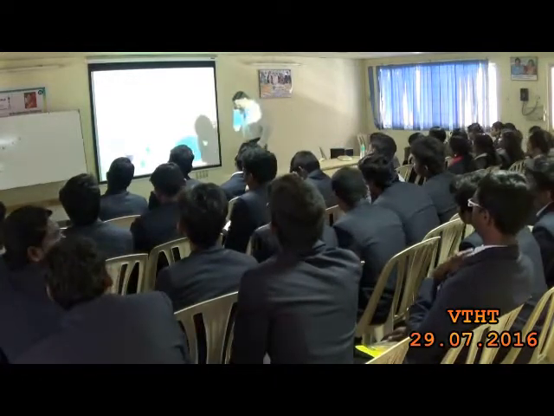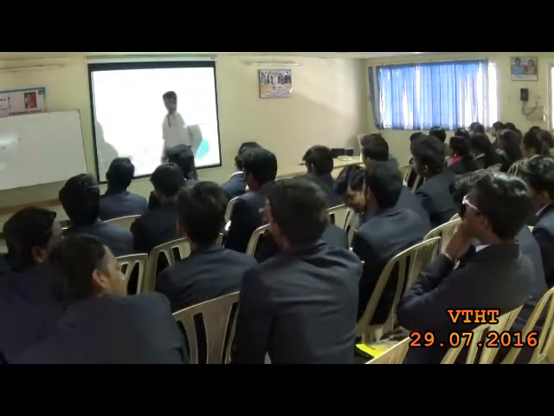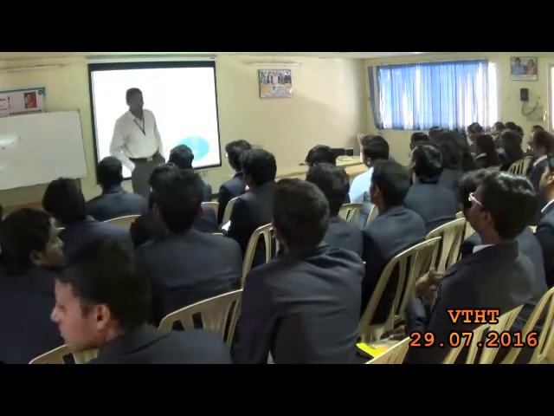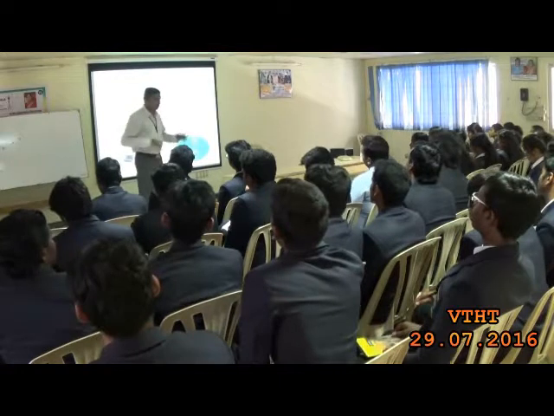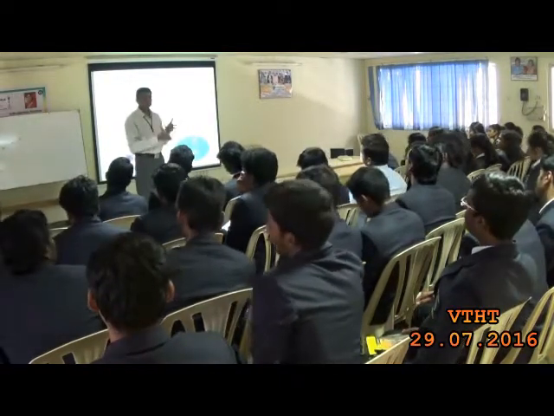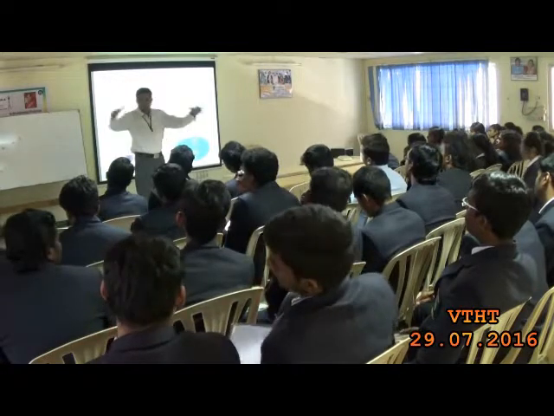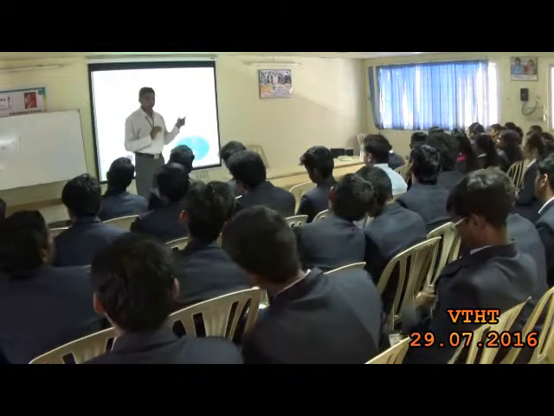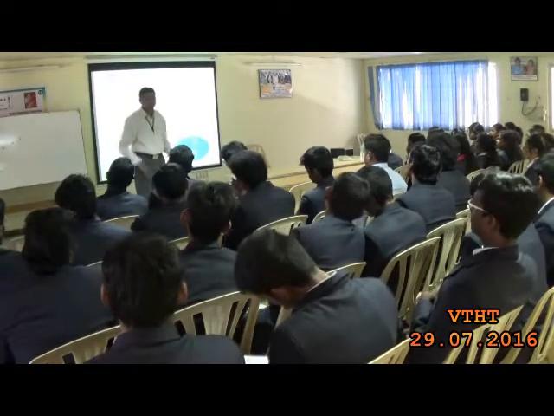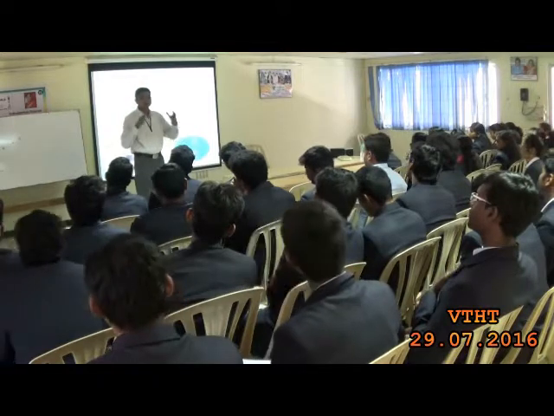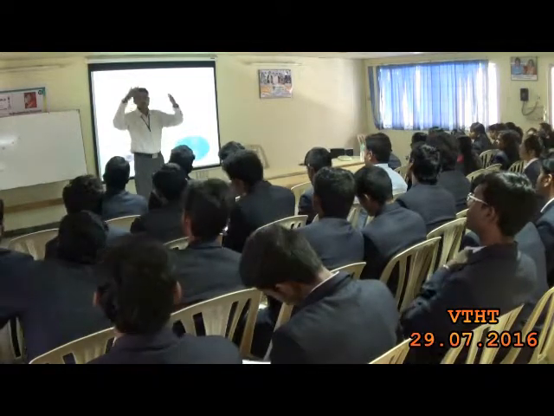Components of IEEE 802.11, I think this is there in the syllabus. IEEE 802.11 is the basic wireless standard. The first component is the mobile node. Next is the access point. A group of access points in a region is called a BSS, basic service set. A group of BSS is called an ESS, extended service set. This extended service set will in turn connect with the distribution system to connect with the outside network.